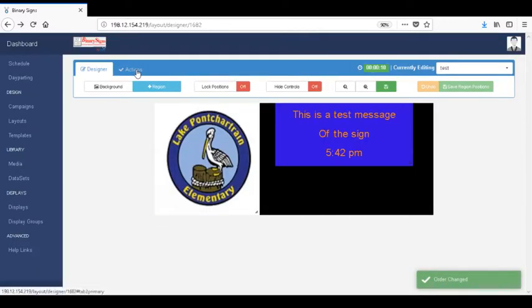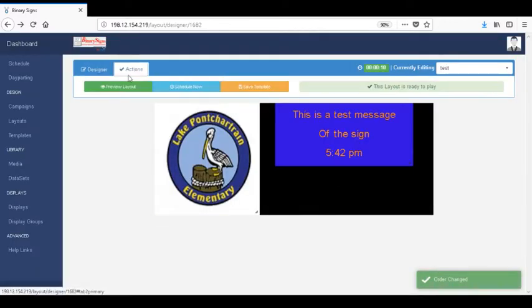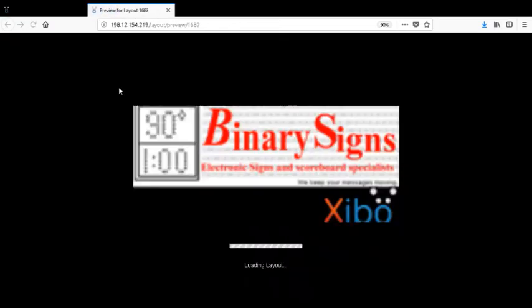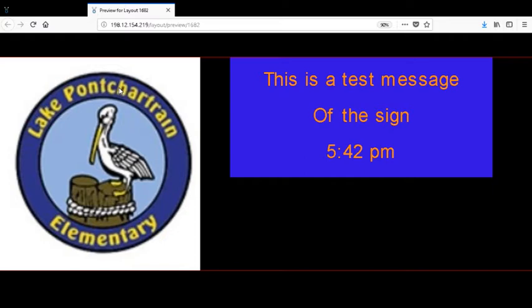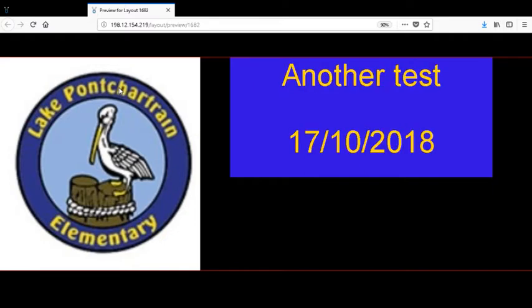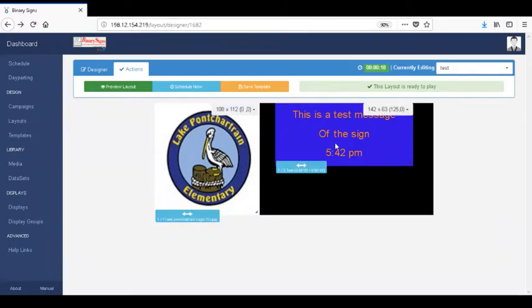Now when we go to actions, we can preview this layout, and it'll show as so. Alrighty. So now that you see that, we're going to show you some other stuff with this,